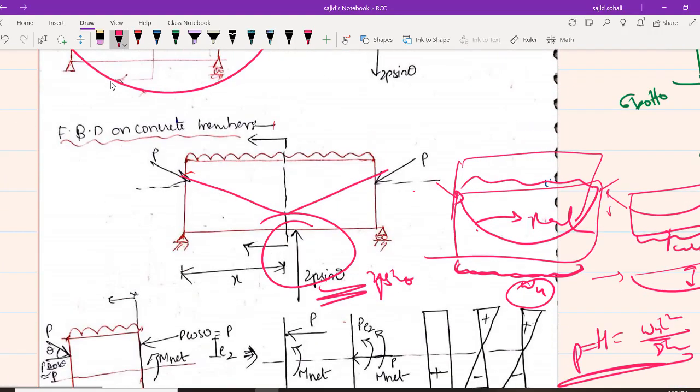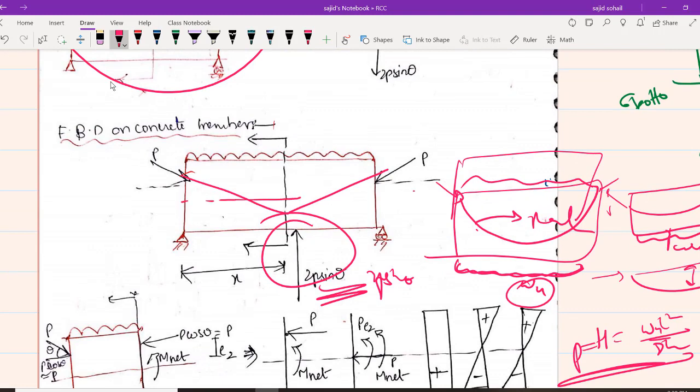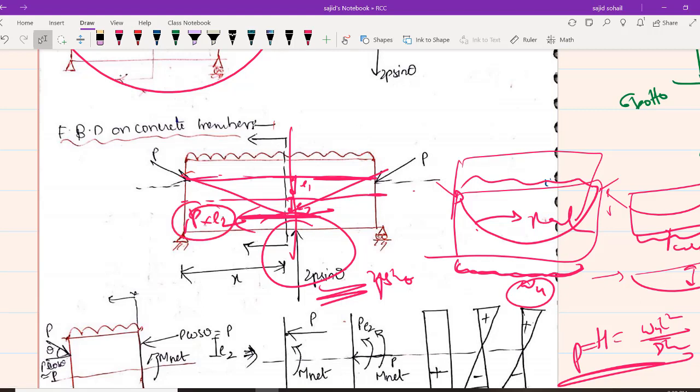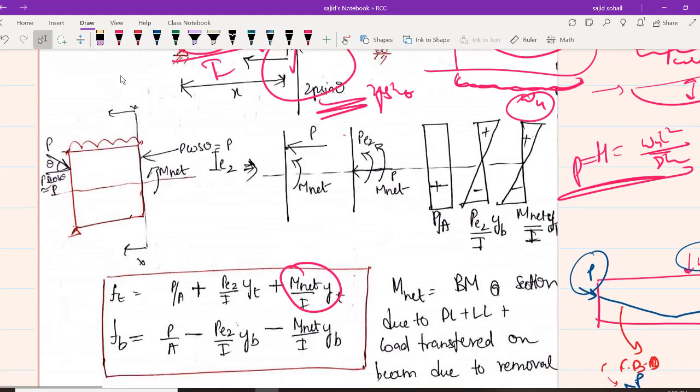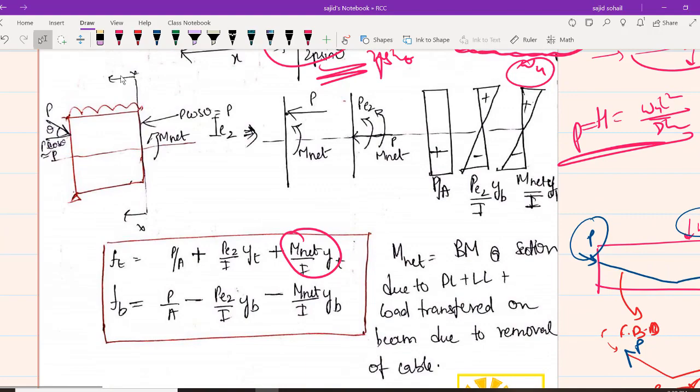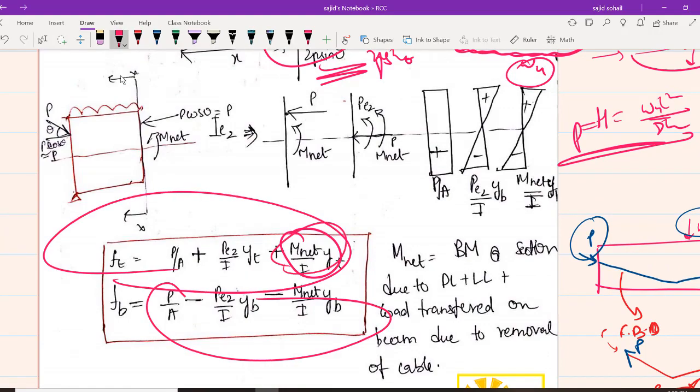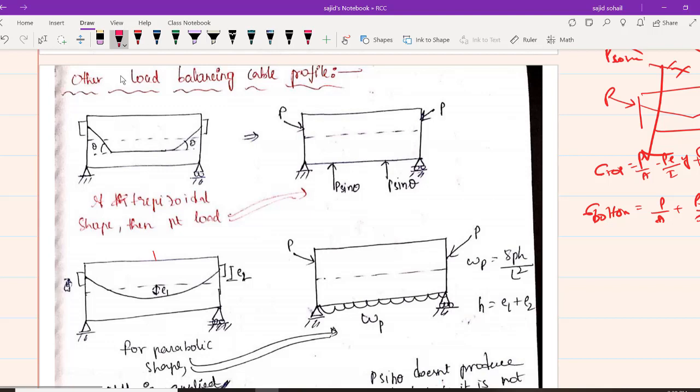And one more thing, let us say here I have my neutral axis and here is my force P acting, right? So let us say this is E1 and this is E2, just for example. What will be your moment? If you are taking at this section, that will be P into E2. This is the moment because of eccentricity, that is to get stress, you can do PE by I into YT. I hope it is very clear. I hope you got the full knowledge, right? So same formulas, no change, just write M net. We will solve one problem and you will be more than perfect.